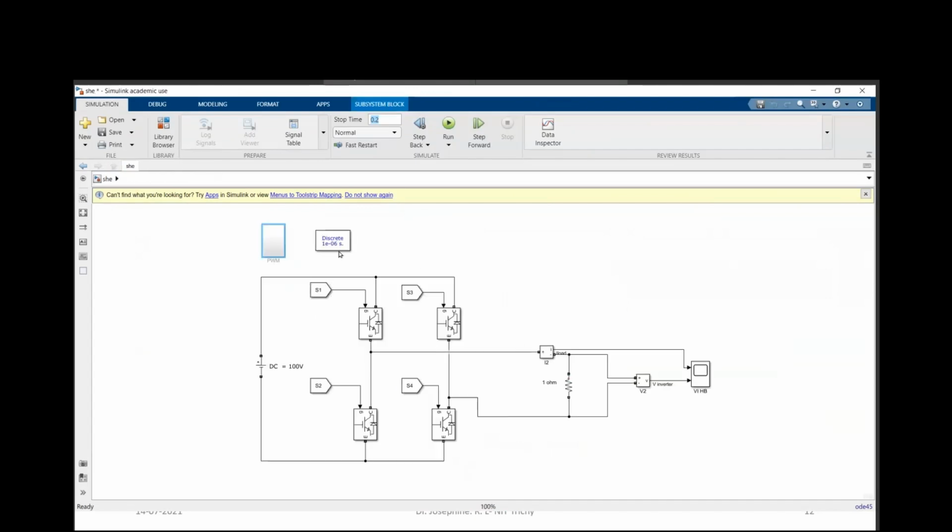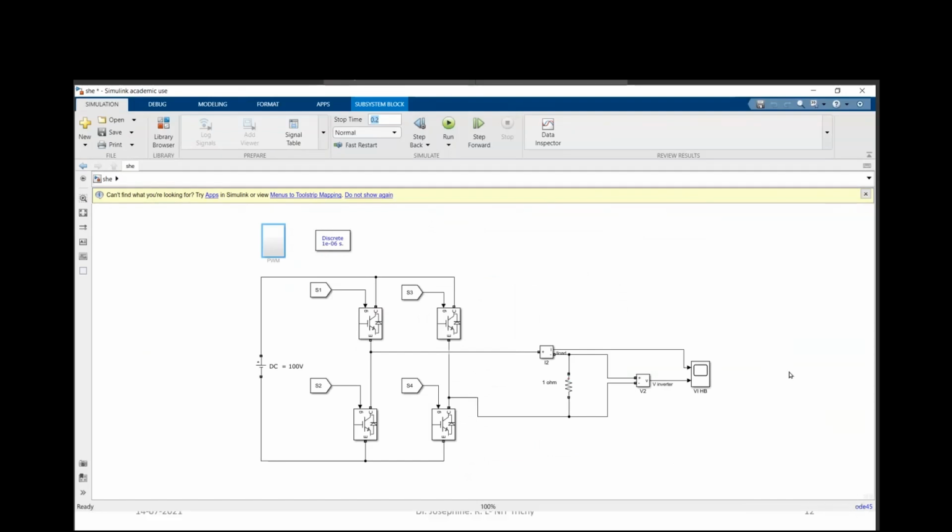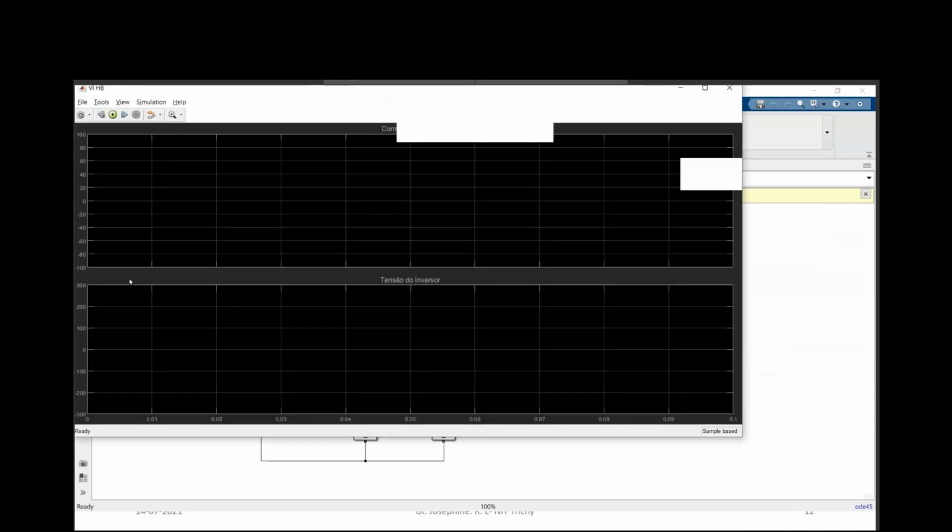So if you do that, I have made it in discrete mode. In discrete mode, I have used ODE45 solver. See, in some solvers, you may not get the output. So you have to keep on changing the solvers and you have to check it. That is the only way. Sometimes you may not get it in ODE45, you may get it in other way. So you have to cross check it and you can do that. So it's a simple resistance. So I've given 100 volt. If I run this simulation,